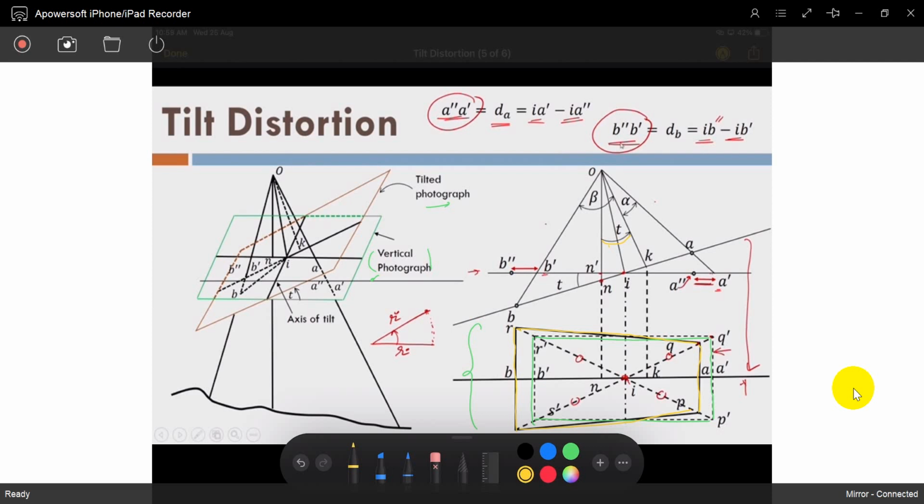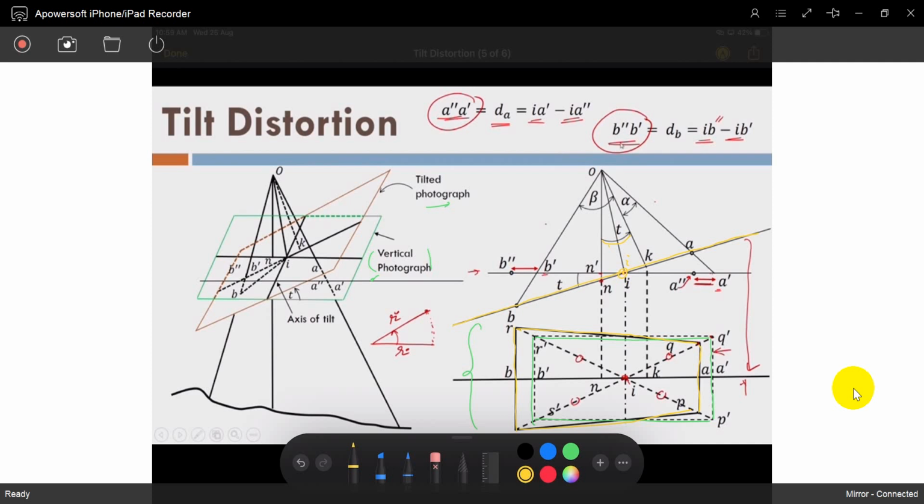This is exactly a plane. See, this is the isocenter. Why is it the isocenter? See, the plane is just rotated. Just rotate it and you will get the vertical image. From the vertical photograph to the tilted photograph, the images formed on the plane you can get by tilting that axis based on the isocenter. If you just shift it based on the isocenter, you will get the vertical photograph. You can't do it exactly on the camera, but you can visualize it.